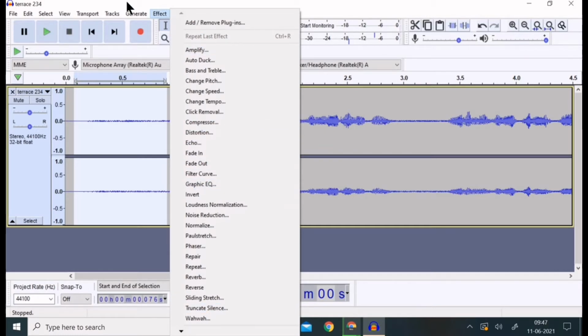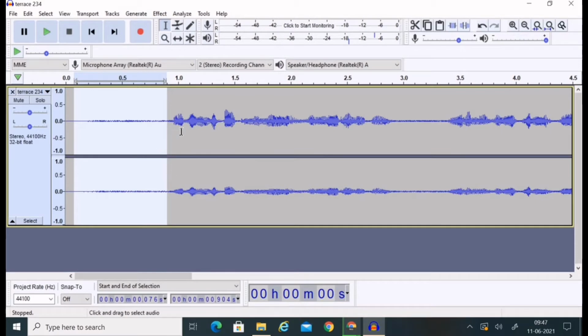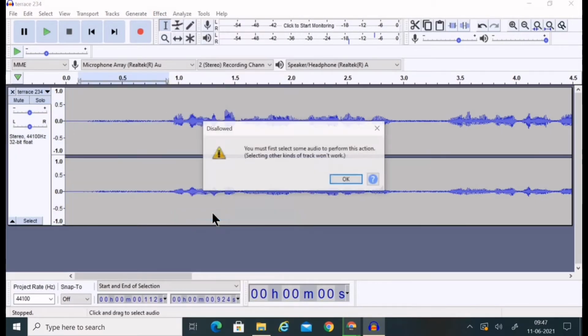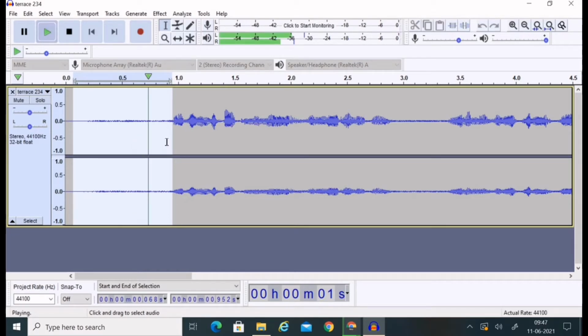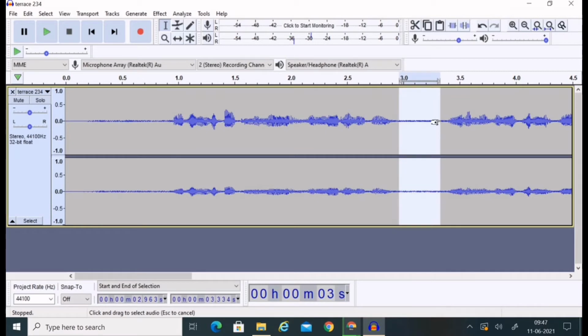So now what we have to do is go for this noise reduction. When you go to noise reduction, it is saying select the audio for noise reduction, which means which portion of the audio is being heard as noise over the entire video. As said earlier, see, this is the noise and it is heard over the entire audio. See here also you can hear that noise.